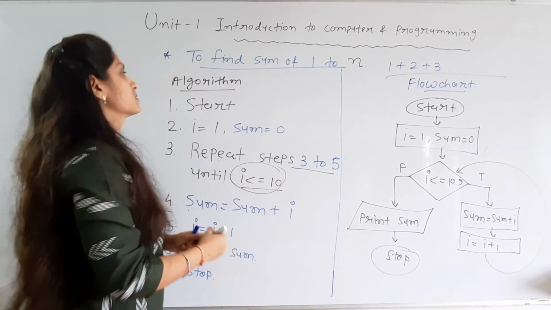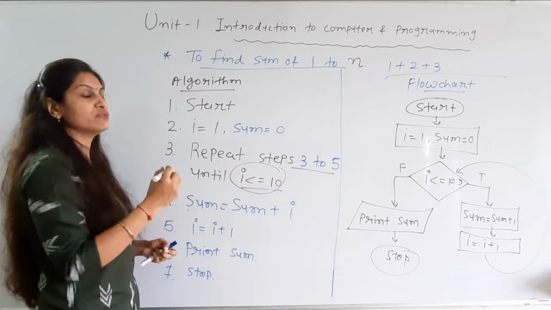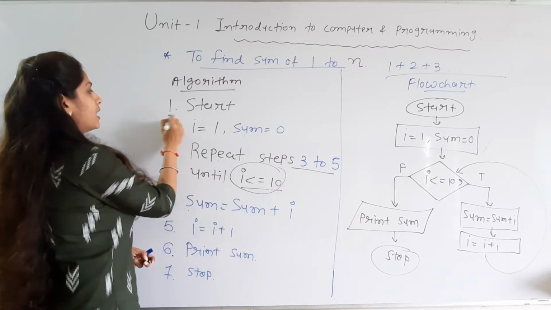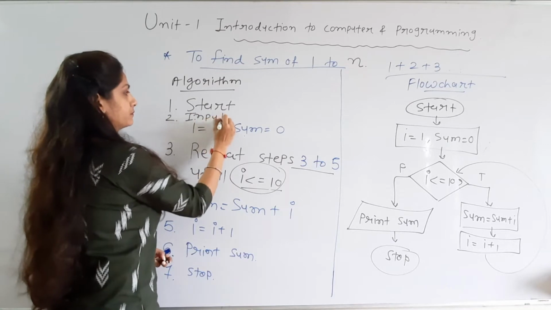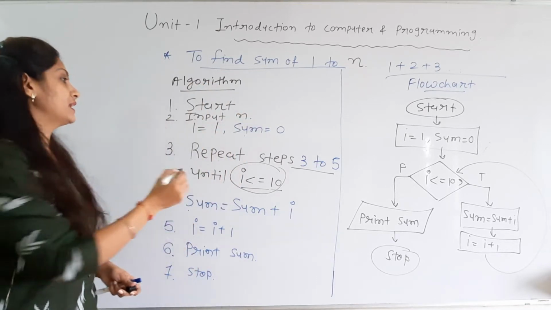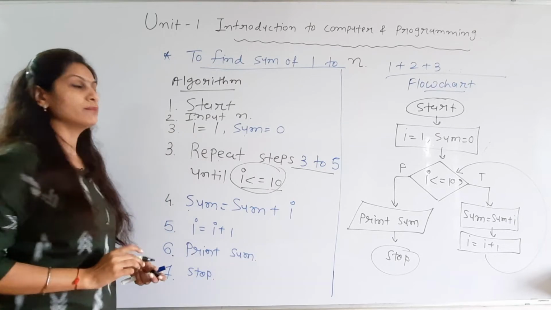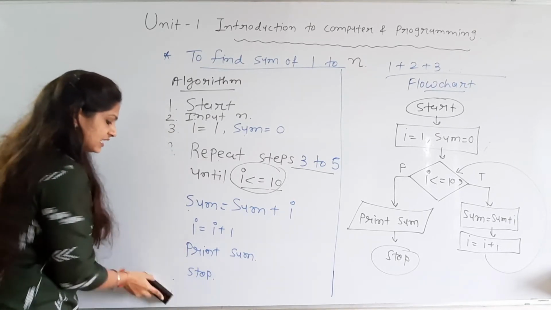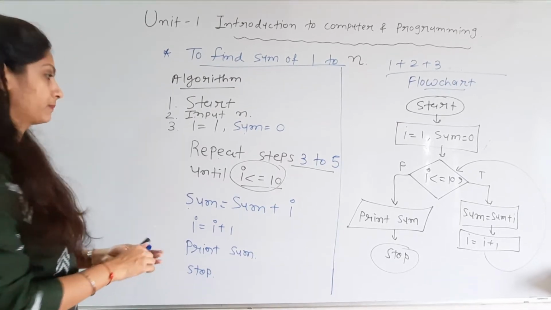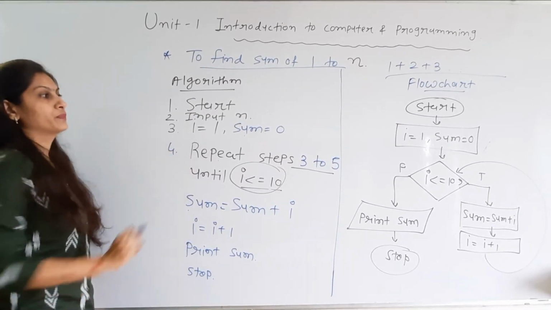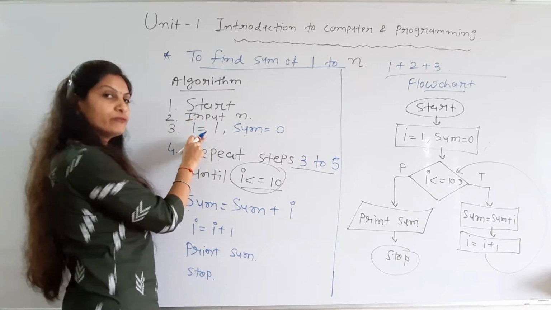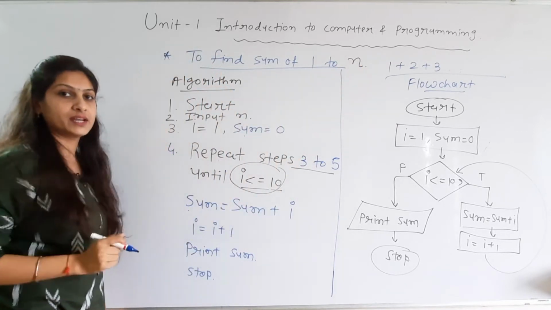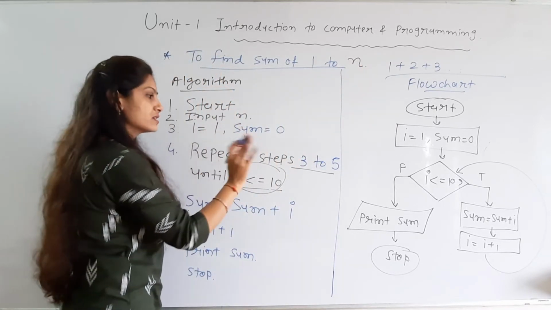So in this case, now what do we have to change? We have to give the input. So here the second step is now input n. Then it becomes the third step, that is the same, I equals 1 and sum equals 0. So here the step numbers are now changed. After input, I is 1 fixed, because the starting value is not changed, the end value we are changing now. So I is 1, sum is 0.